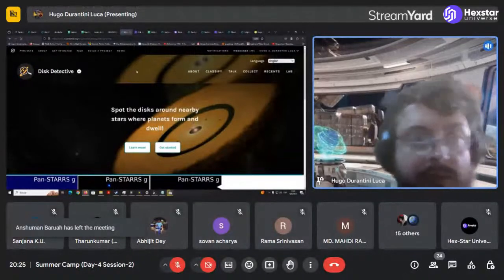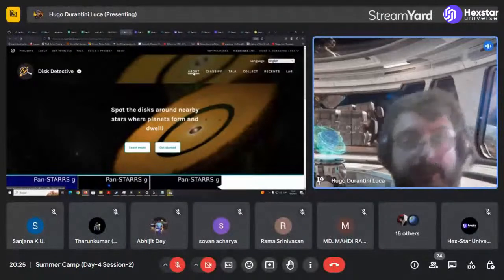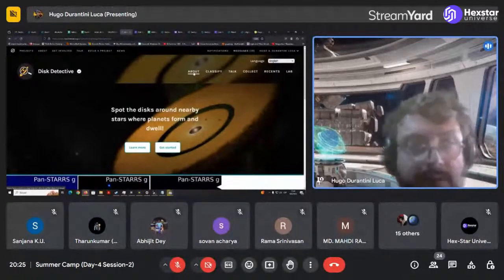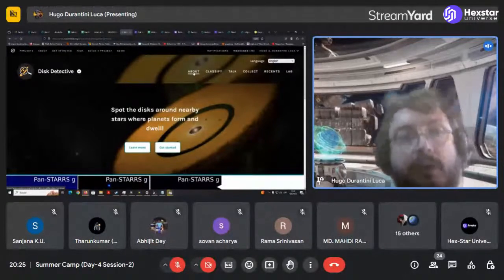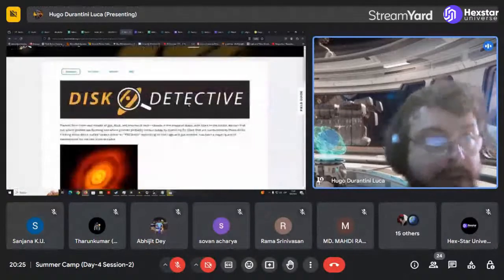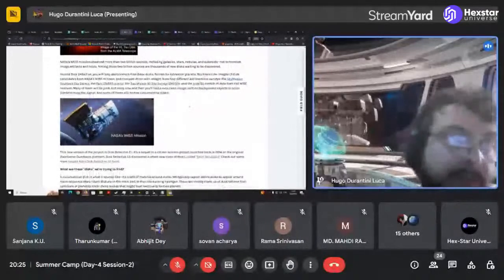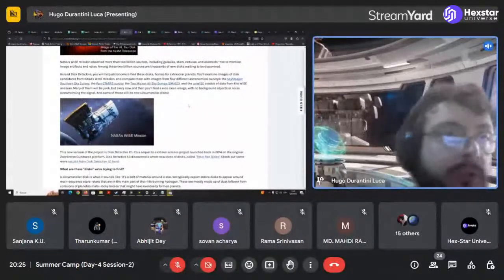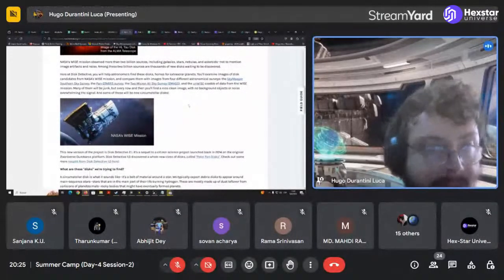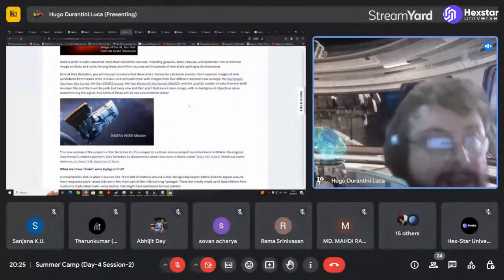So what do we do in Disk Detective? We search, like we say there, for disks around nearby stars where planets can form. How do we do that? Well, we are going to use the data from the WISE mission, and the other two projects I'm going to speak about after this one use kind of the same data, not exactly the same.